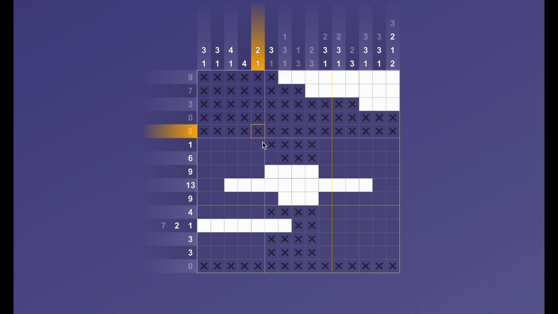This column has a 2 and then a 1. So I can put X's around this 1. And if this is 1, 2, or 1, 2,